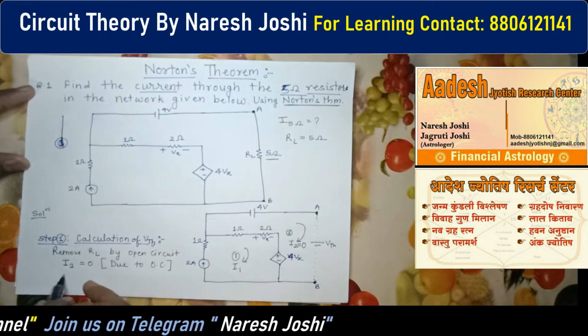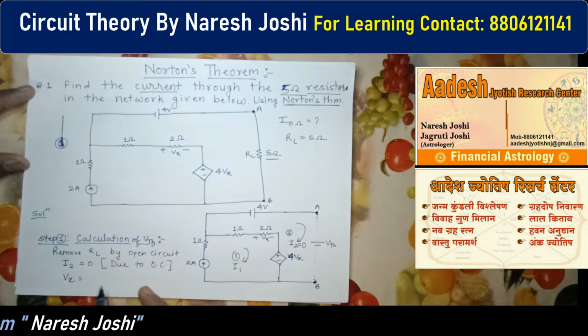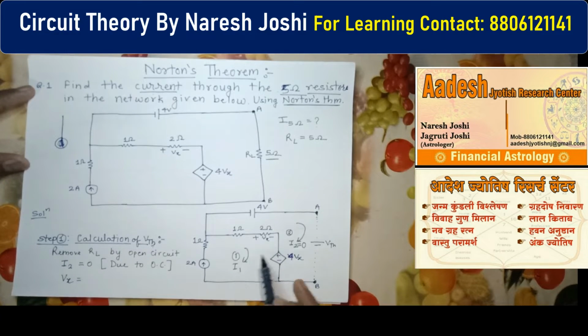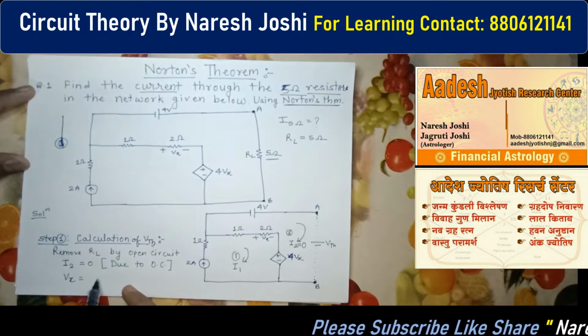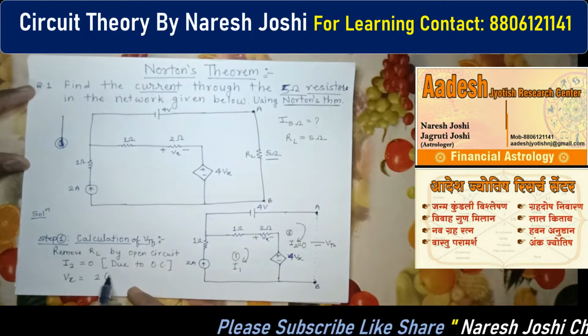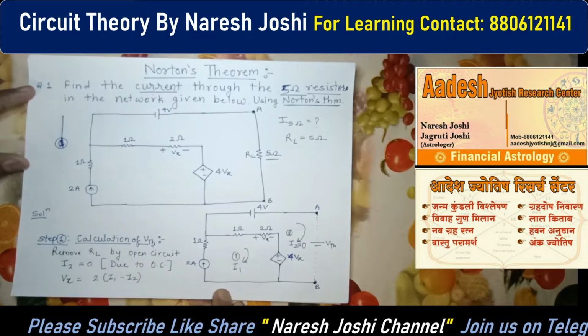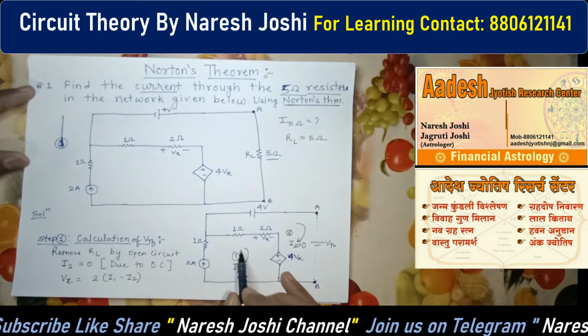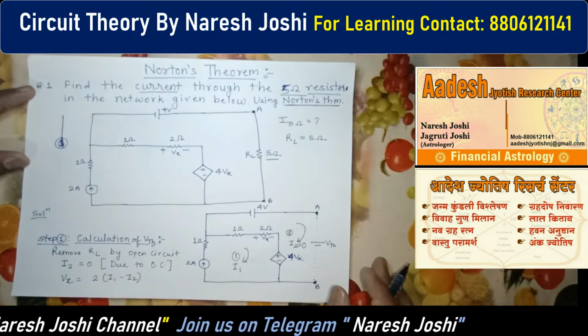Here you can see Vx equals, we can write, okay, this is the resistance. According to Ohm's law, V equals IR. Here the current is I1 minus I2, because both currents are passing through this resistance. You can see this resistance is common for mesh 1 and mesh 2. So we have to write down here 2 times I1 minus I2. Okay, so this is what you have to follow. Clear? We are moving in this direction, so we have written I1 minus I2.